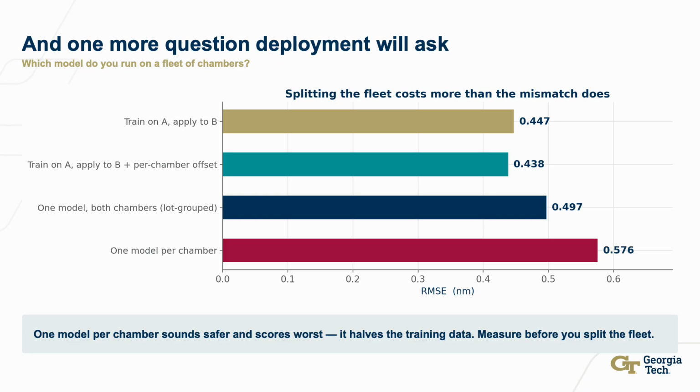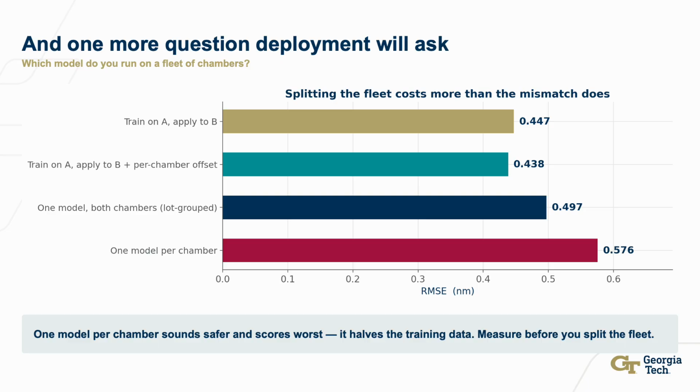0.576 nanometers. Because it has fewer labels: 465 wafers split across 2 chambers is 230 each, and at that count the model is worthless in every way that matters. In a 20 chamber lab, it would be 23 labels per model, which is nothing. One model on all the data, lot grouped, 0.497, better because it has all the labels even though it averages over the chamber difference. Train on chamber A and apply it to chamber B,